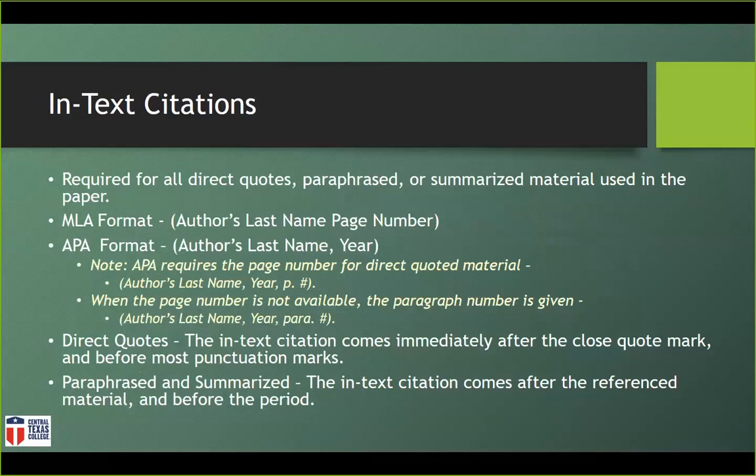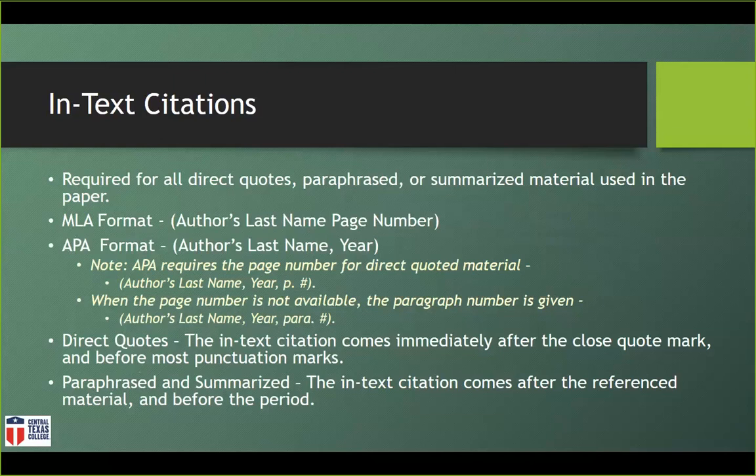The format would be parentheses, the author's last name, comma, the publication year, comma, a lowercase p, period, and then the page number, followed by a close parentheses. If there is not a page number available, provide the paragraph number. The format for this is parentheses, the author's last name, comma, the publication year, comma, the abbreviation para, period, followed